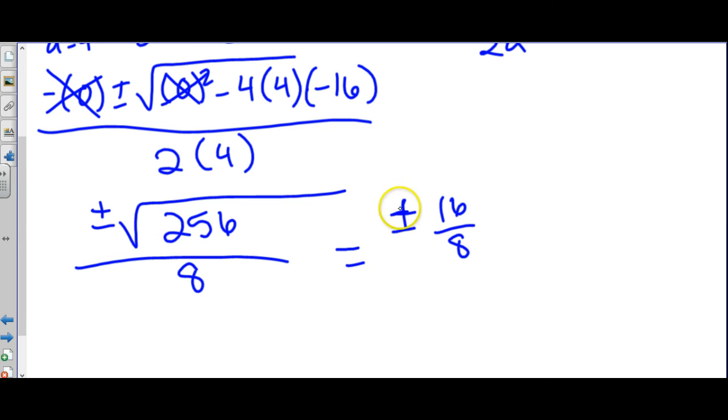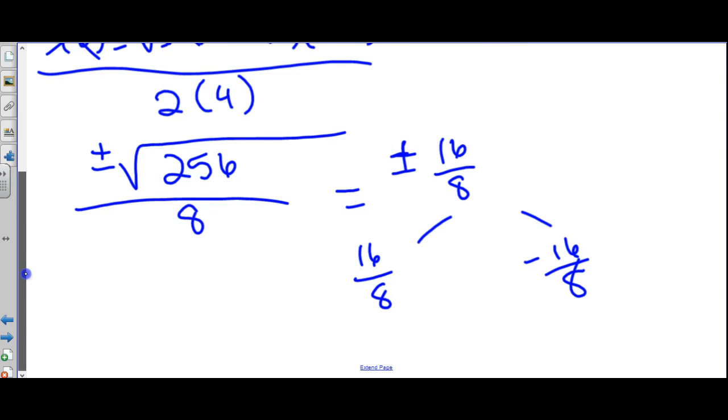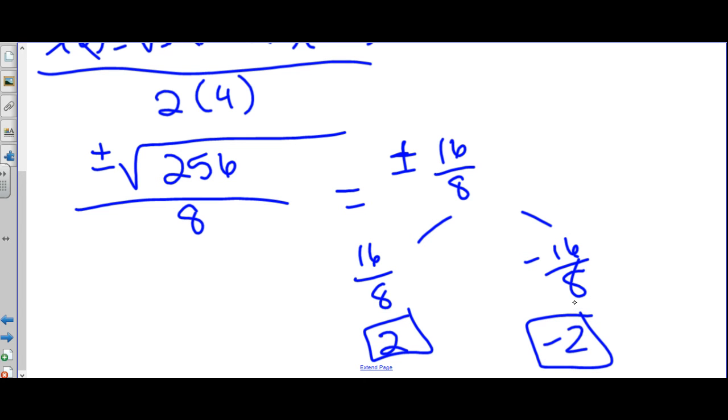Again, the plus or minus really means two options. The first option is we have positive 16 over 8, or we have negative 16 over 8. Now dividing, 16 divided by 8 is positive 2, that's one of our answers, and negative 16 divided by 8 is negative 2. So that concludes our discussion on